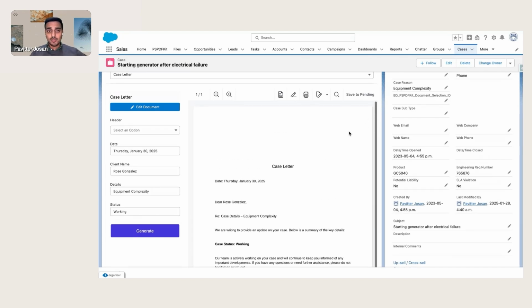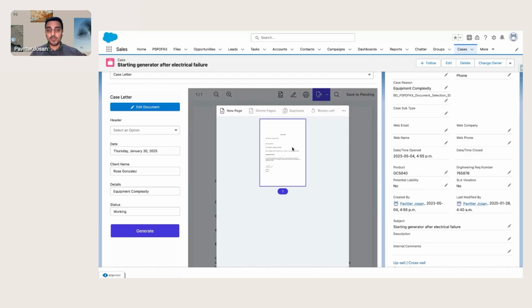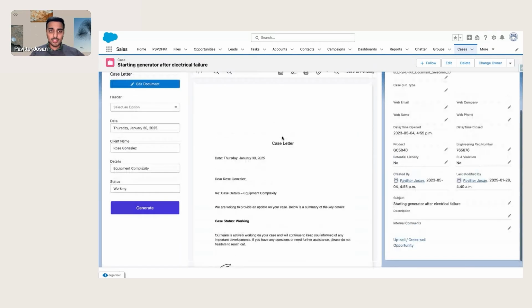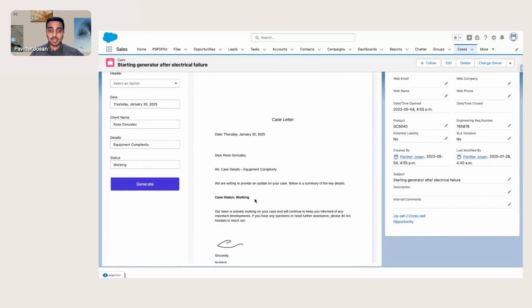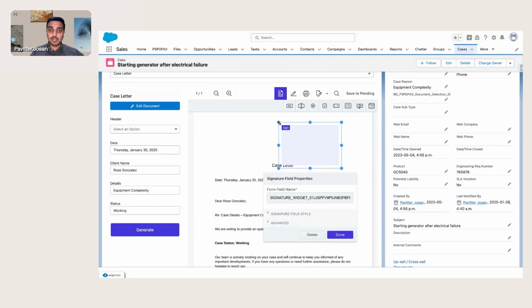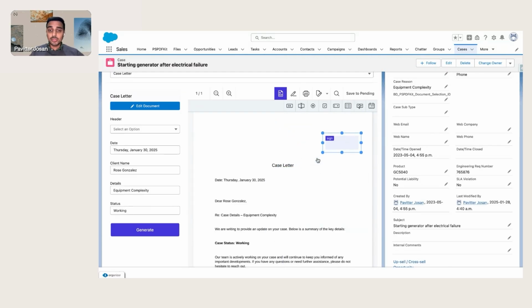And so just to give you an example, these customers that we got in touch with wanted to generate documents in Salesforce. They wanted to have the ability to add new pages once a document is generated, move pages around. They wanted to comment on documents, prepare them for signing so they can just drag and drop new signature fields. And one of the most important features that they needed is to be able to edit documents